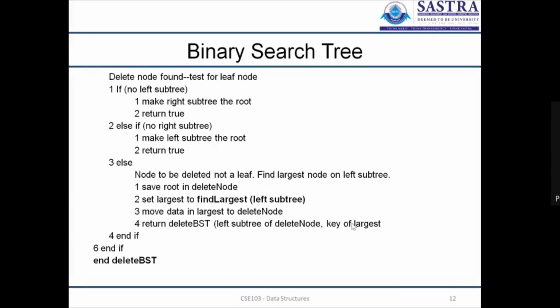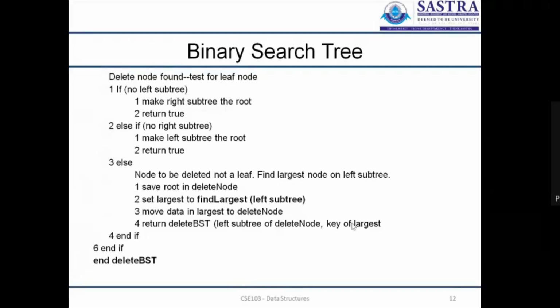Okay, we are finding the largest or smallest and copying the content, and actually we are deleting either a leaf node or a node with only a left subtree or a node with only a right subtree. Whenever we are trying to delete a node with both subtrees, in that particular place, what we are doing is deleting either a leaf node or a node with the left subtree or a node with the right subtree. That is what we are actually implementing